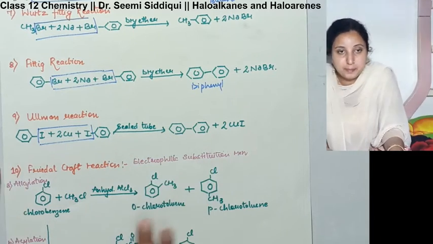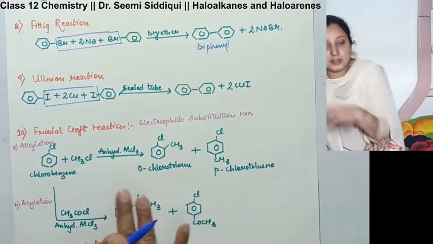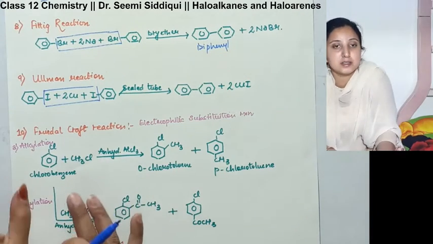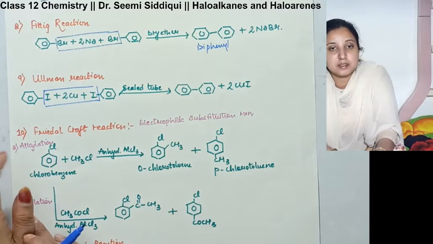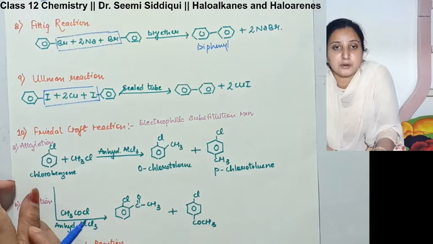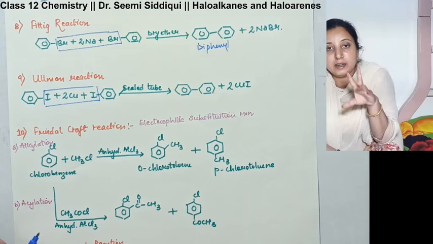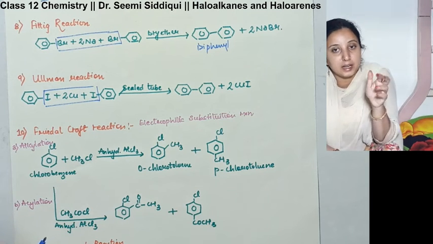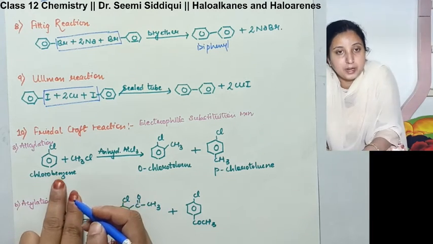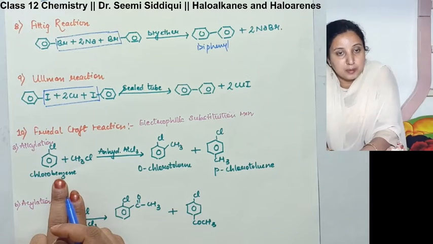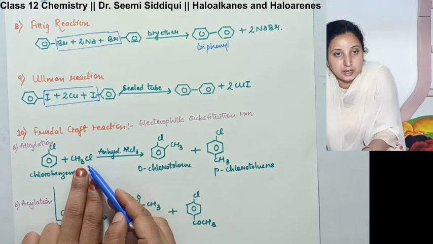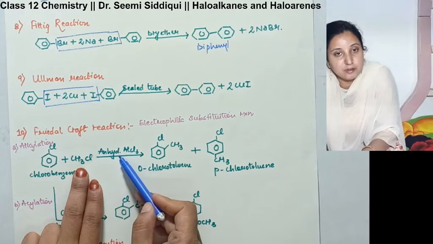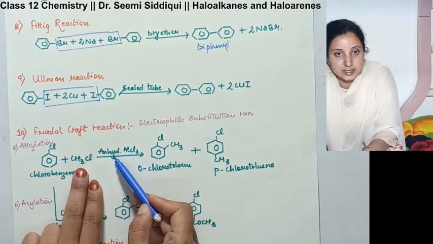Okay. The last reaction of this particular unit is the Friedel-Crafts reaction. Basically, Friedel-Crafts reaction follows a electrophilic substitution reaction and it is of the two types. One is a alkylation and another one is a acylation. Now over here, like we are having the chlorobenzene, when it is subjected to the alkylation, you are going to take a alkyl group in the presence of a anhydrous AlCl3.